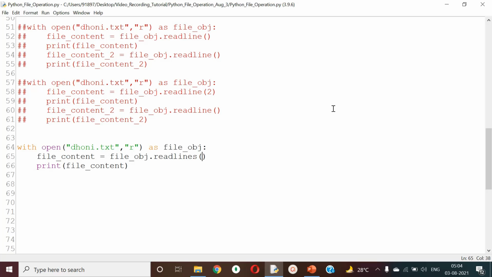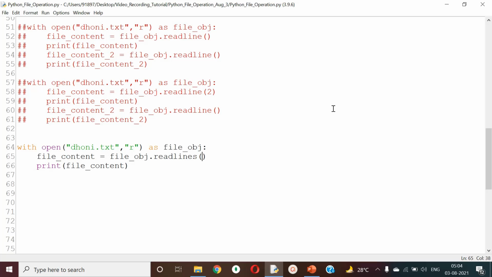Read is going to read the complete data of your file unless I specify a number. Readline is the same thing, but it takes the command line by line. To get the process to a complete stage, you need to complete a line so that it will go to the next line.